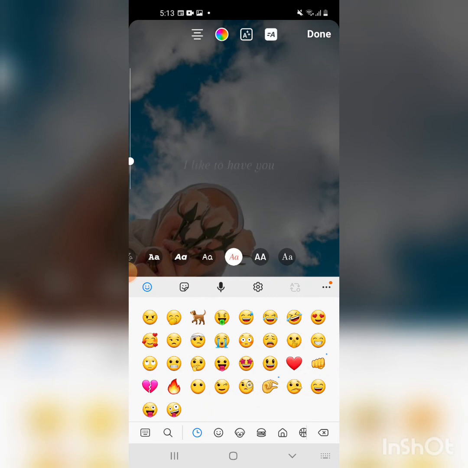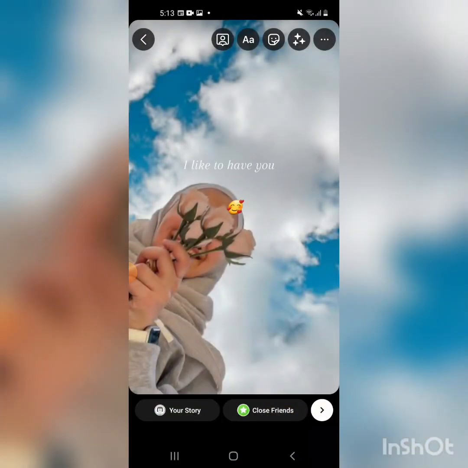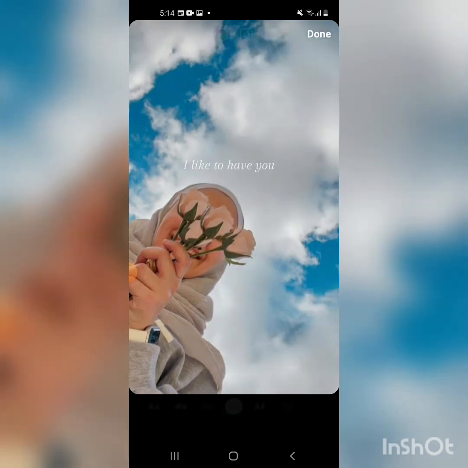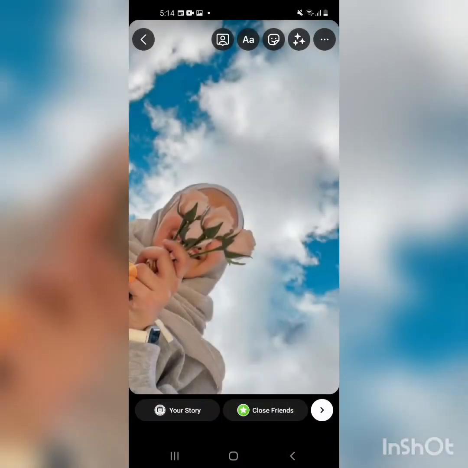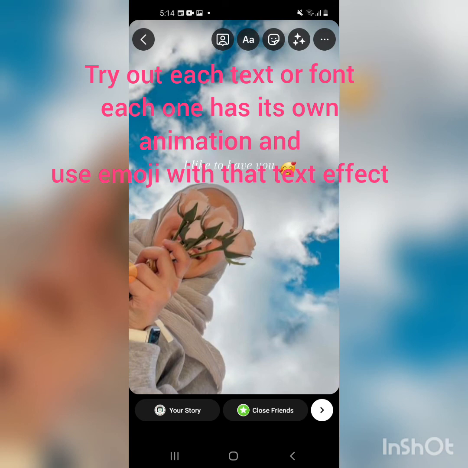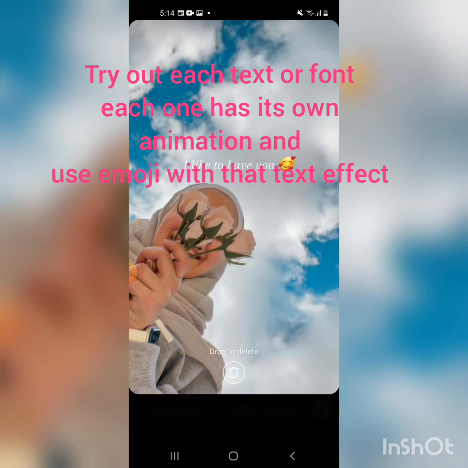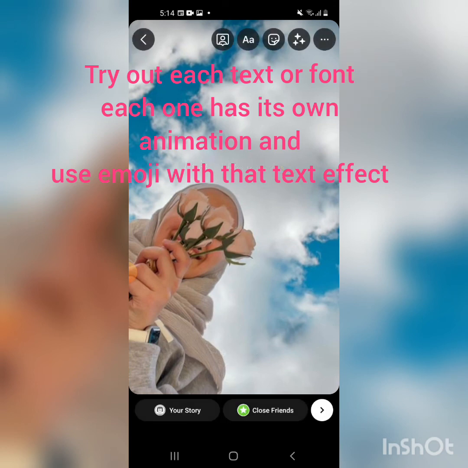In animated text, animate again. Yes, look. Wait a bit. Yes, this one is